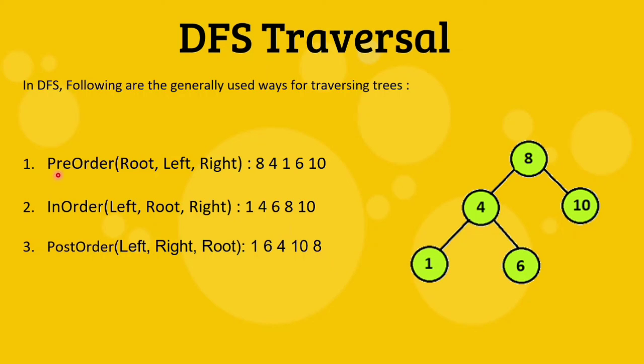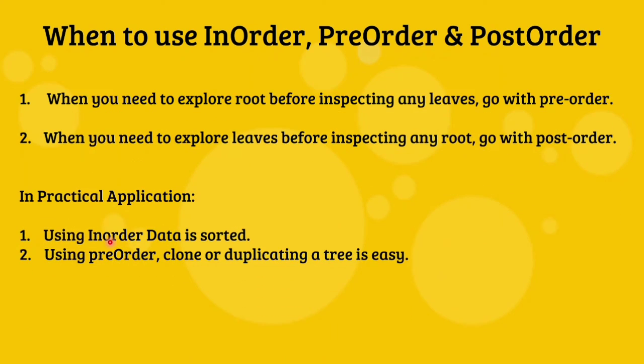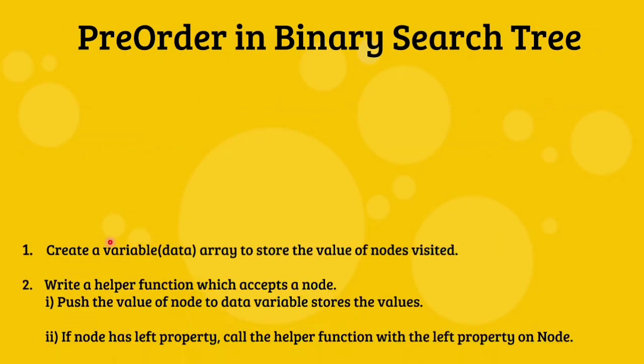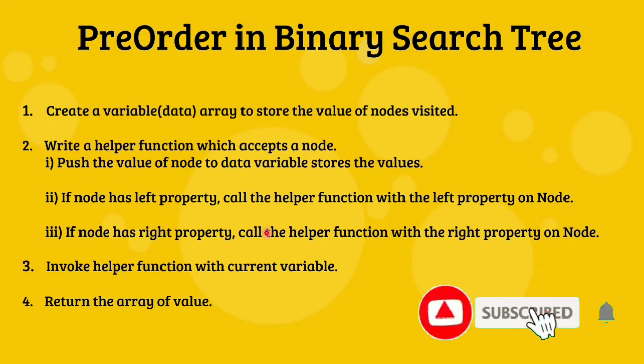So in this way, we have covered pre-order, in-order and post-order. And for the algorithm also, the things are exactly the same. Just our root node position is changing. In the case of pre-order, the push step will come first. Then in the case of in-order, the push step will come second. And in post-order, our push of the value of the node will come last. So in this way, it is working and things are far easier.